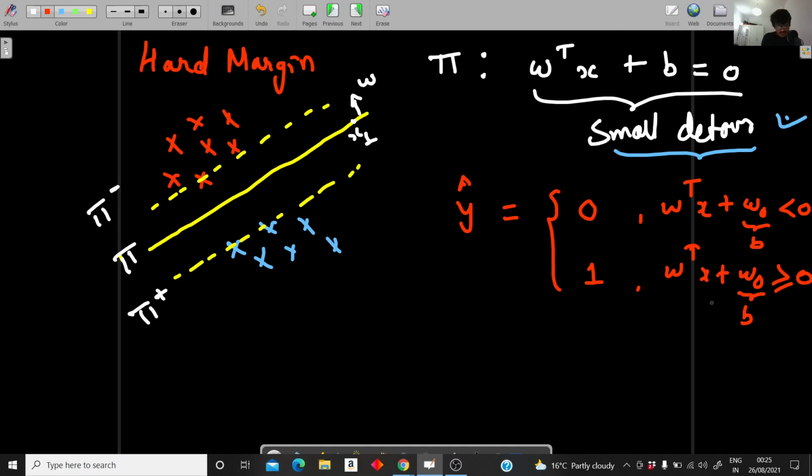Let me try to frame the problem: how will SVM find the maximum margin plane? The objective was to find the maximum margin plane, so indirectly we can say the objective is to have the highest margin. I'll frame the problem of training, because at the end of machine learning, we have to train the model using the training data. So given our training data set, that is our red and blue points, we have to find this plane which has the maximum margin. So how will we proceed from here?